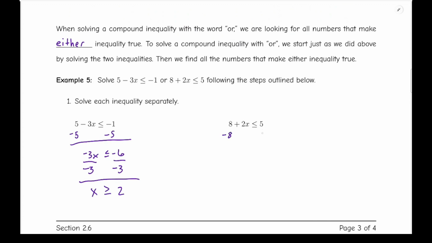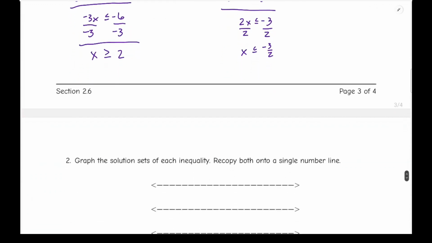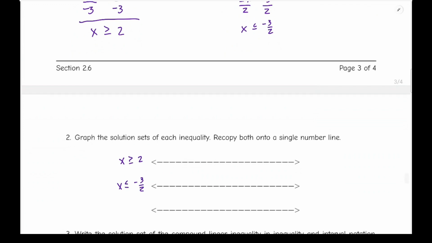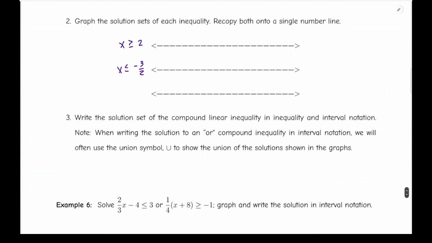And then for the second, subtract 8, 2x less than or equal to negative 3. Divide by 2, x less than or equal to negative 3 halves. Step 2 is to graph them separately as we did before. So we have x greater than or equal to 2, x less than or equal to negative 3 halves. So make sure I got all that right. Yep. So x greater than or equal to 2